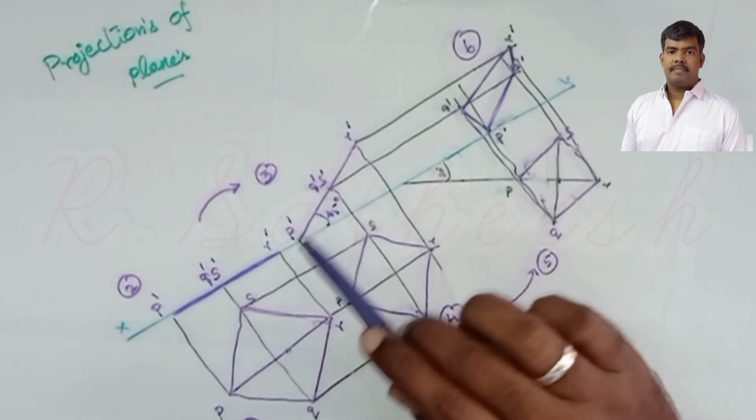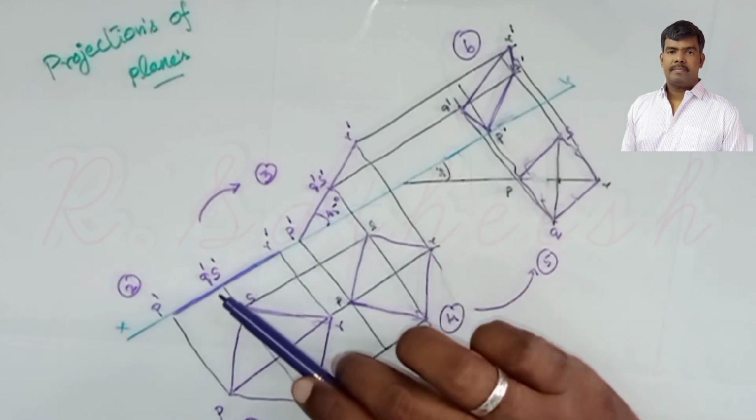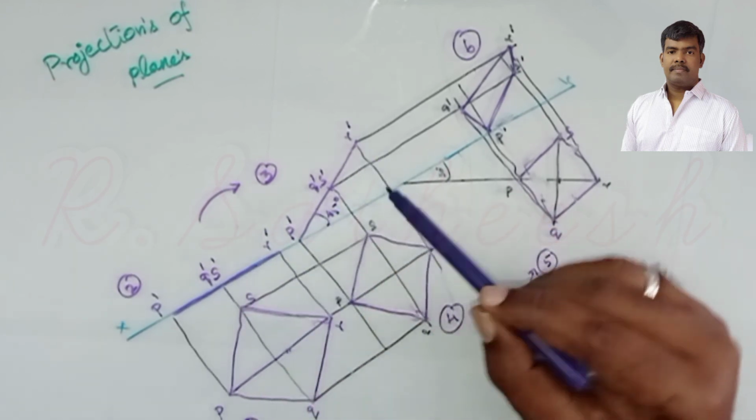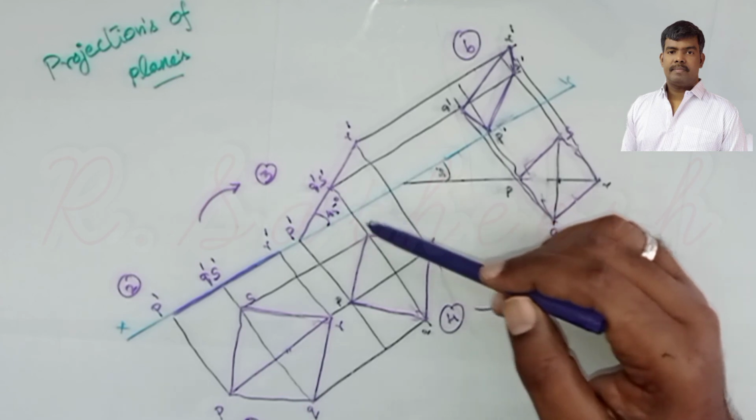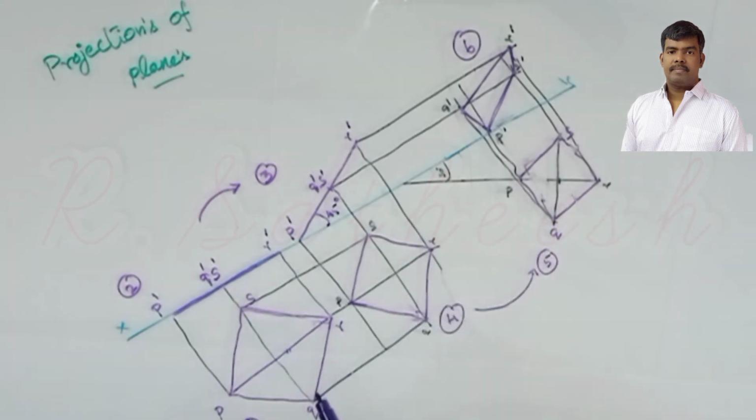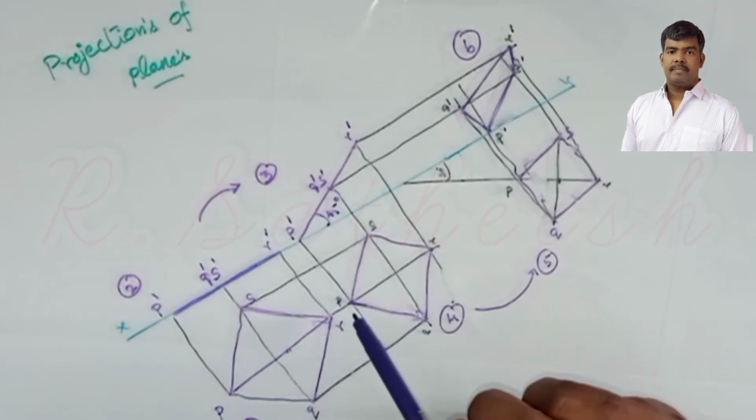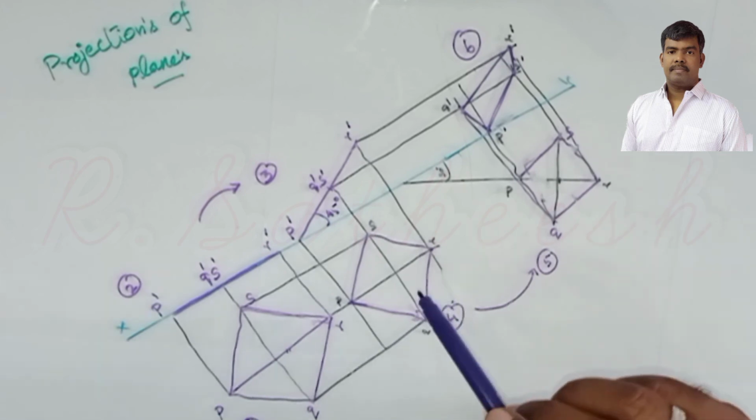So second and third are both the same shape and size. You mark the same P dash, Q dash, R dash, S dash points here. From the third diagram you draw the projections towards the top. From the first diagram you draw the projections towards the right. Finally, we get the intersection points. Finally you draw PQRS on the plane.